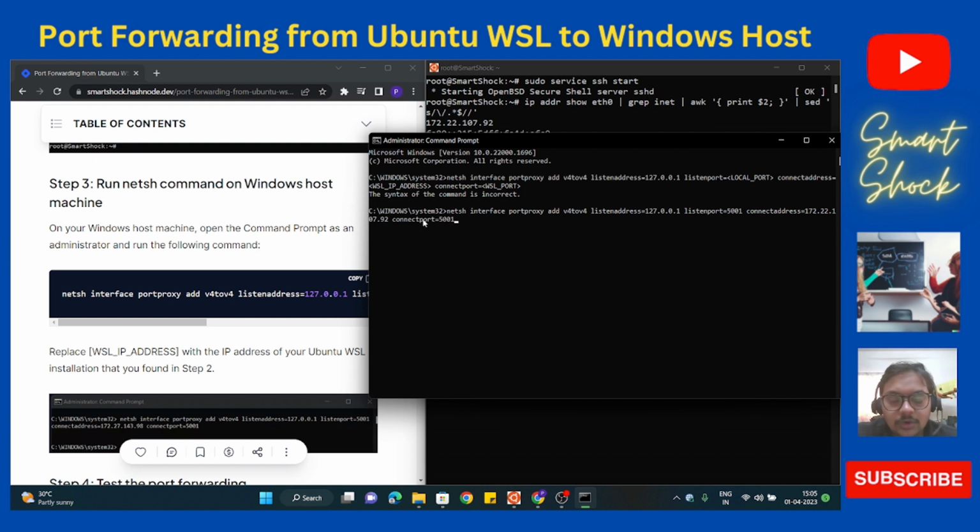Here the connect port refers to the port on which our service is running in the WSL Ubuntu machine, whereas the listen port is the Windows host port number. You can give whatever you want, for example 8000 or 8080. So our application which is running on the Ubuntu machine with port 5001 can be accessed through this listen port. Let's go ahead. I think it's done now. We have executed it. Just to test it,